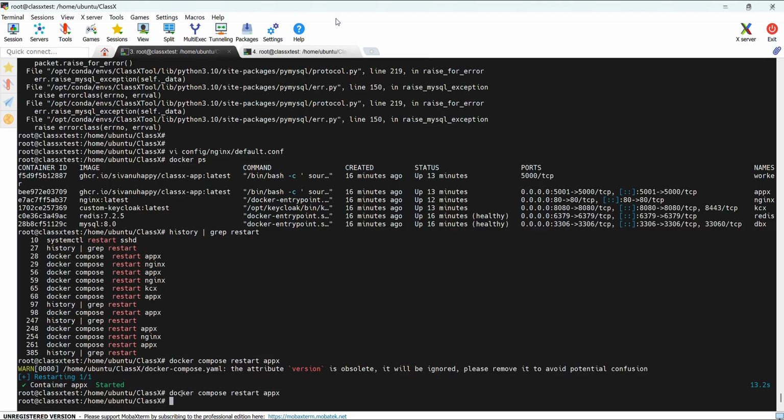If you face any issues to sign in, you can use the following command: docker compose restart application to sign